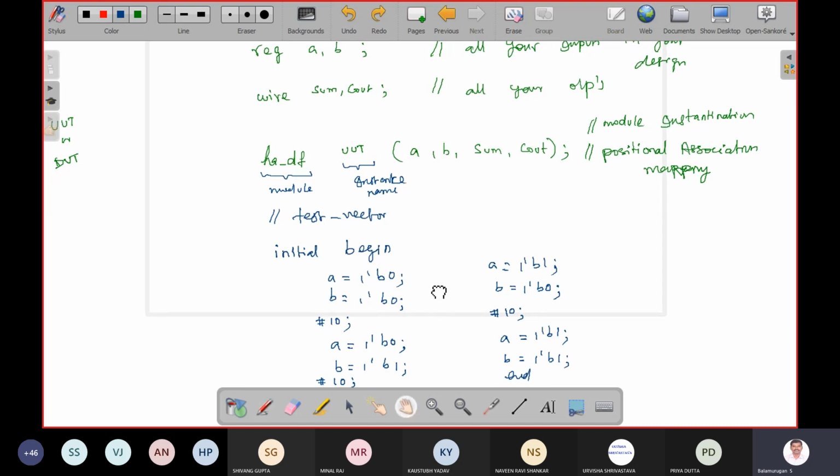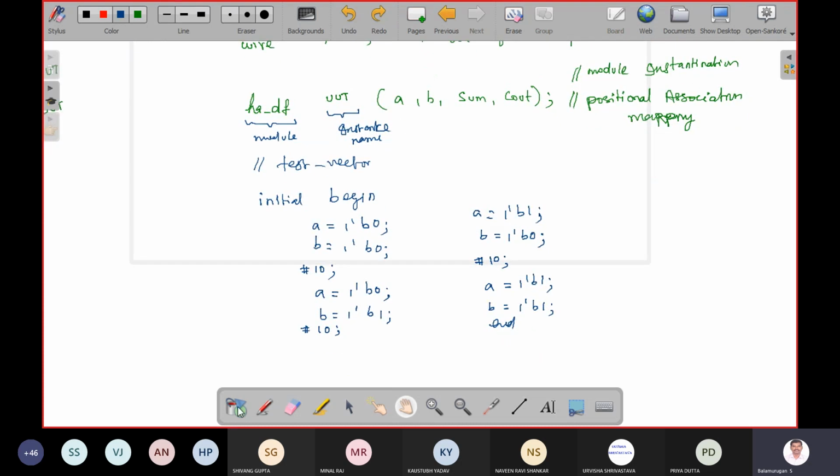Then this end is for this begin. Then finally you have to have end module. So now this input is going to the design and you are observing the output in sum and cout. You are not declaring any output here, no? In the test vector, you have to feed only input and you are observing the output.